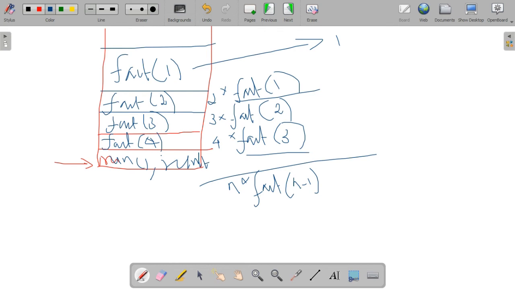So fact of 1 returns 1, and this is the last one, is it? The last data that we entered comes out first, is it? That is the concept of LIFO. Last in, first out. Added last as a frame and giving the output from this last as the first one. So this is the concept of LIFO, and fact of 1 equal to 1.